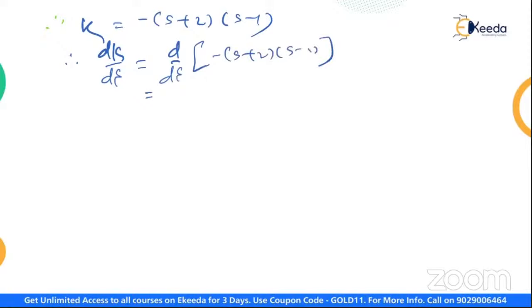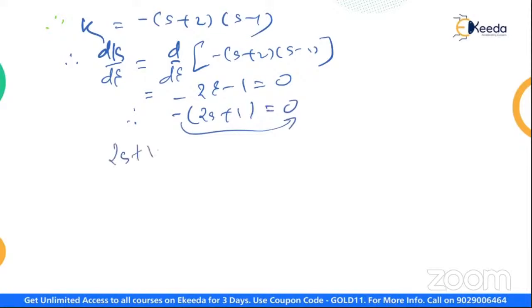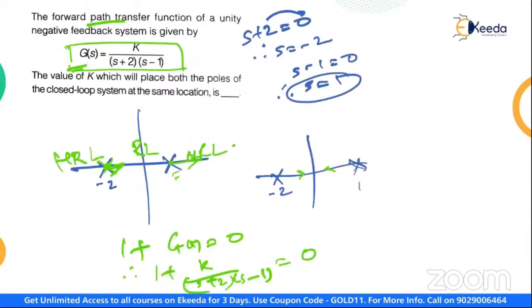So you get minus of (2s + 1) equal to 0. If you take the minus on the other side, it becomes 0. So 2s + 1 equal to 0. Therefore, you get s equal to minus 0.5. So your breakaway point is at minus 0.5. So this is your breakaway point. Somewhere here is going to be your